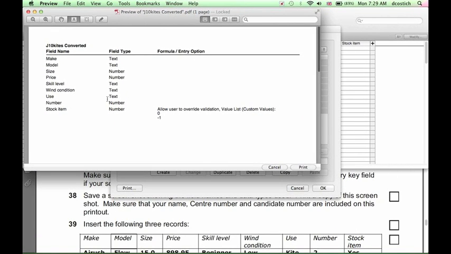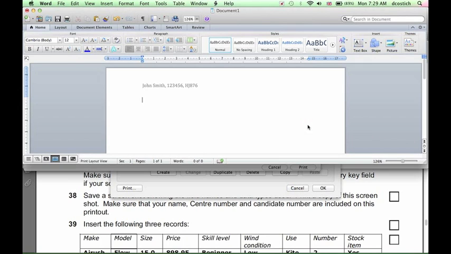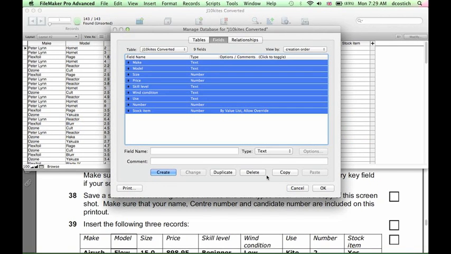So we just need to take a screenshot of this in order to print it. So hold down Shift Control Command 4. Select the area, and then paste that, so Command V, in our evidence document. Okay, so back to FileMaker Pro, we can close this window,